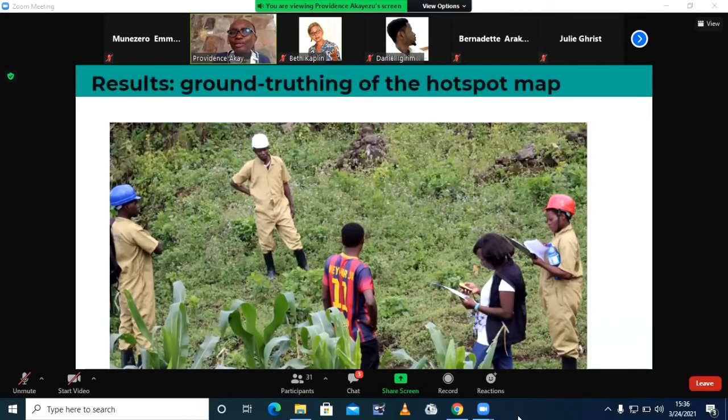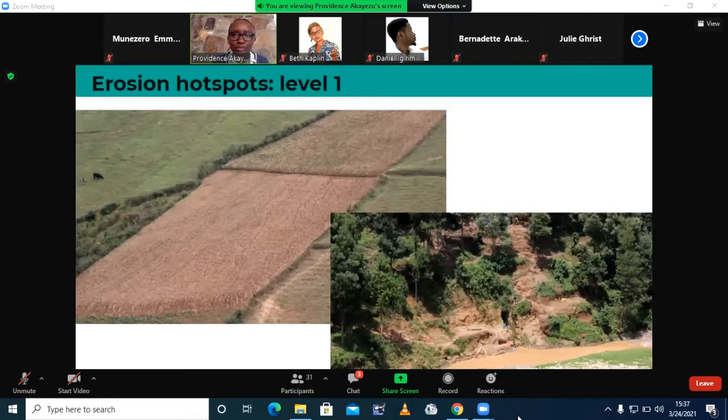Now, after our map, we had to validate. This means that we had to go to the field and conduct a visit to different areas in the red, in the green, in the yellow, and find out what these consisted of. So we always collaborated with the local communities and the cooperatives, and we could visit different places. And our level 1 sites, in the very red color, contributing more than 40% of the sediment discharged into